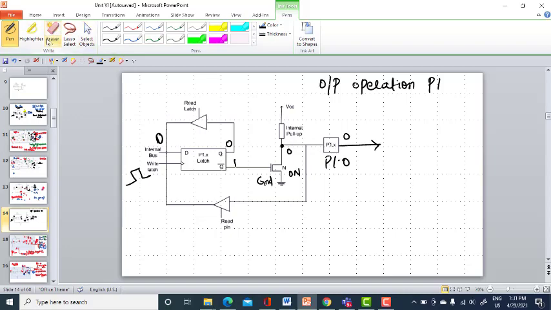And similarly, if I have a 1 over here, I will be having a 0 over here, this will be off, so this will be floating now, quasi bidirectional state. Now this is VCC, you have an internal pull-up resistor, so this will be logic high, because this is not grounded, off means open, so this VCC will be available here, so now this 1 will be available at the output. This is how this port P1 will be operating as an input port as well as the output port.